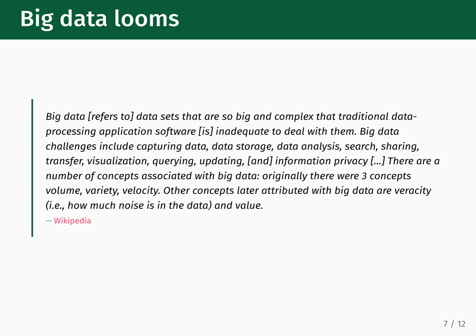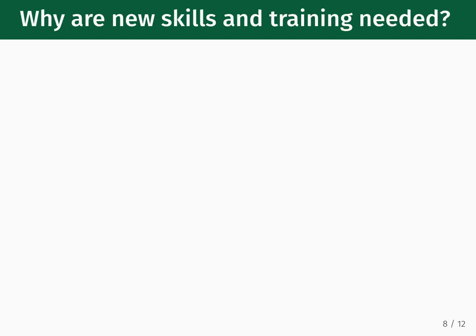There are a number of concepts associated with big data. Originally, there were 3 concepts: volume, variety, velocity. Other concepts later attributed with big data are veracity, i.e., how much noise is in the data, and value." End quote. By now, we've seen how the computational and data sciences sit in relation to other modes of science,